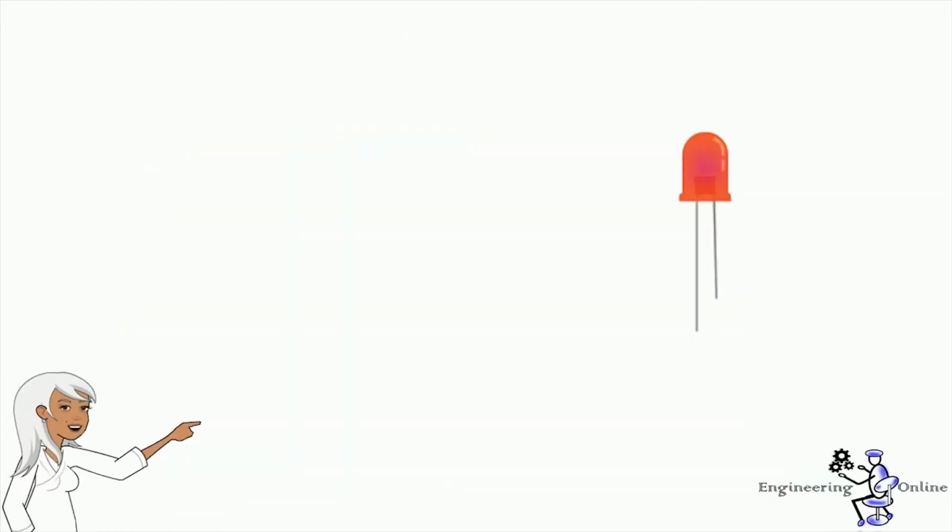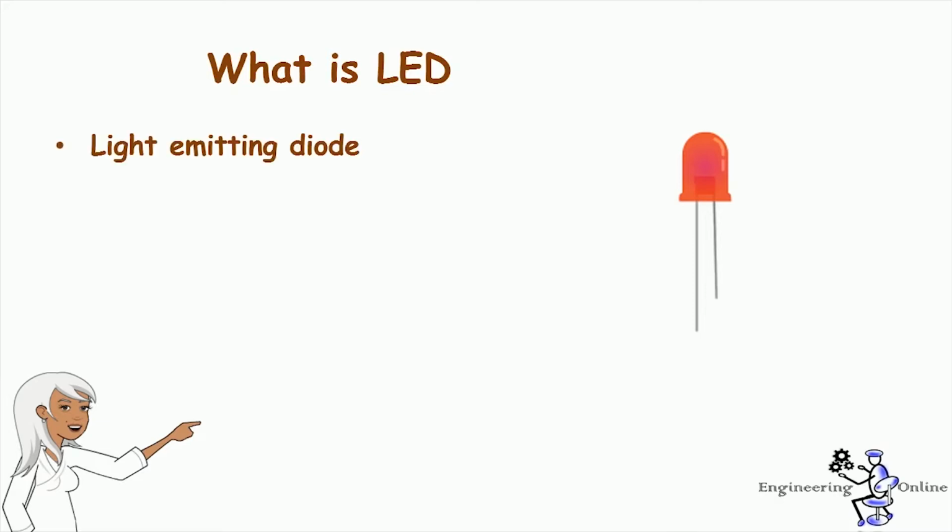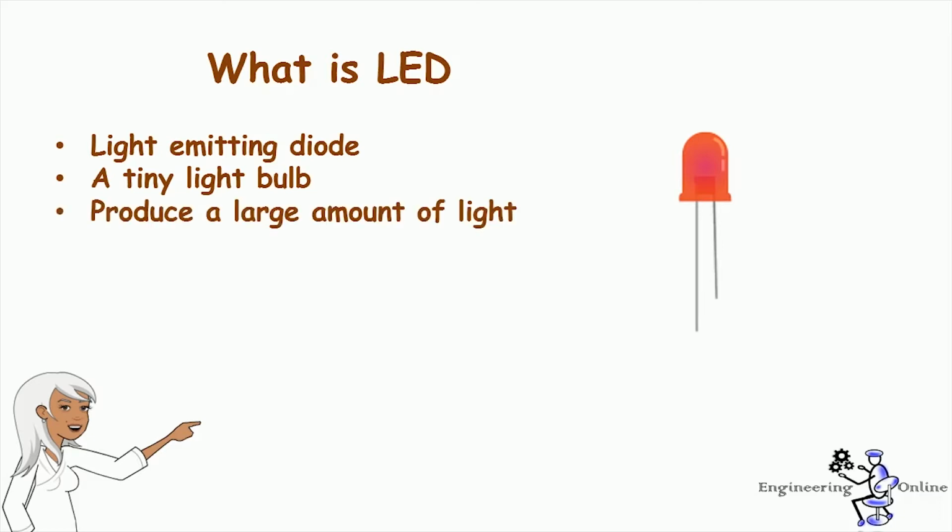Since we are going to write a program to blink an LED, for those people who don't know about LEDs, let's have a quick introduction first. Light emitting diodes are normally known as LEDs. LEDs are tiny light bulbs that can easily be used in electrical circuits. The main characteristic of LEDs is that they don't get hot or burn out since there is no filament in them. They are quite small in size, but they produce a large amount of light. Physically, they have two leads that are commonly known as anode, that is positive, and cathode, that is negative.